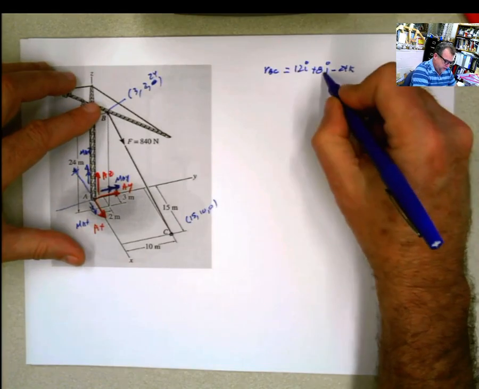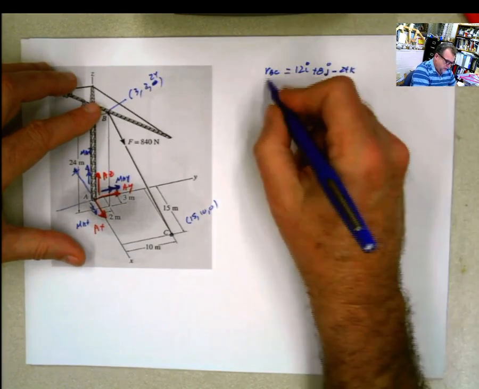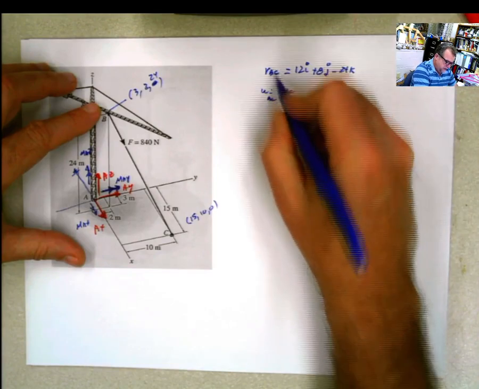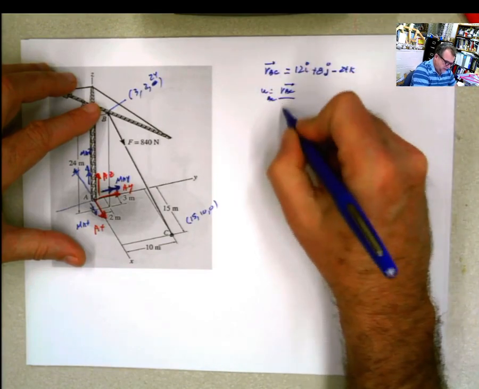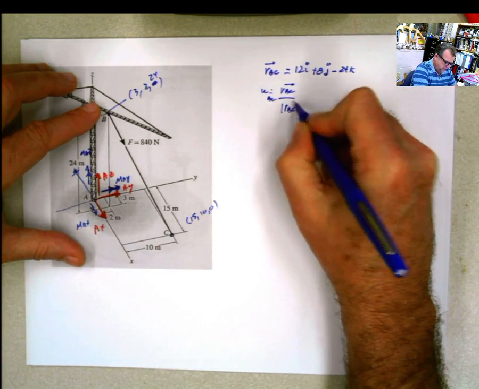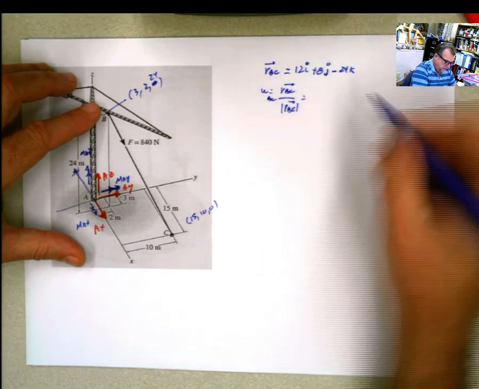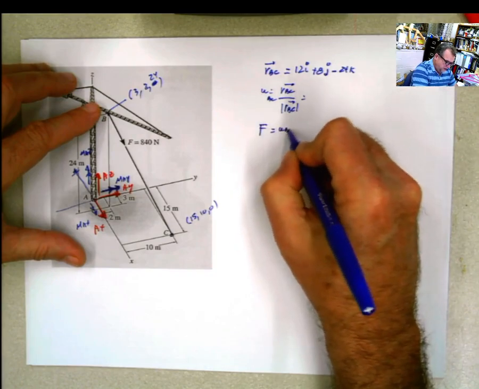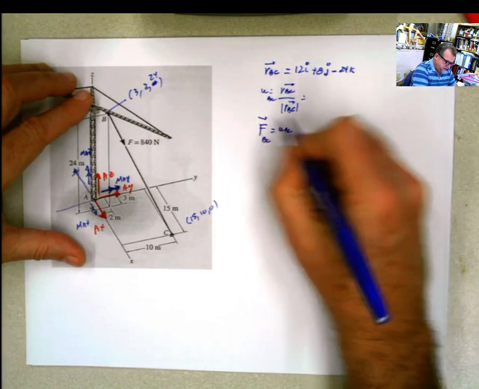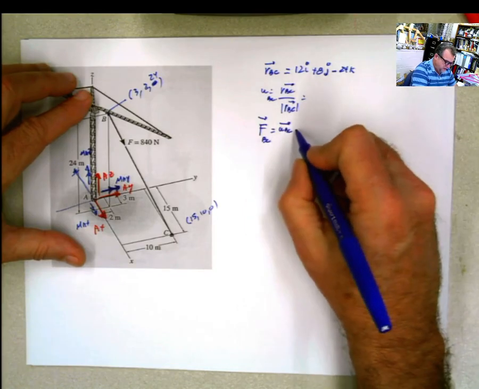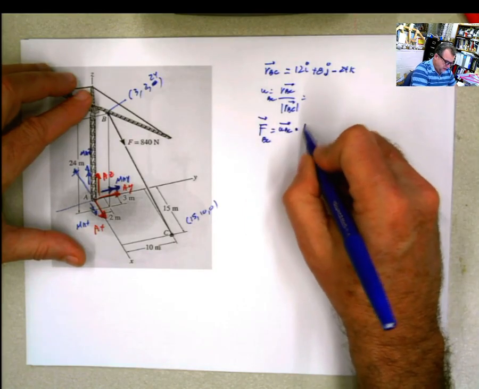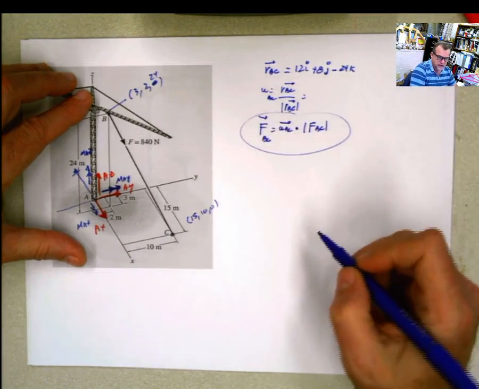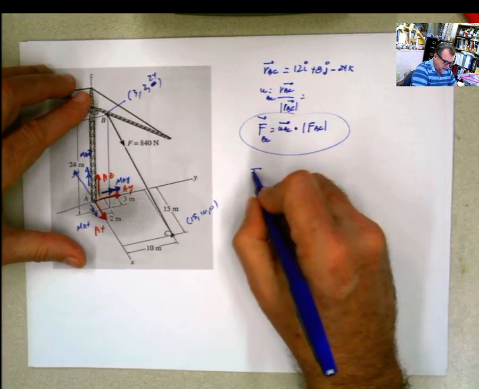And that's what you have there. Now, the unit vector is BC. It's going to be the vector BC divided by the magnitude of the position vector BC. And if I want the force, it's going to be the unit vector BC multiplied by the magnitude of the force BC, which is given. So if I want to find this, I can do it immediately